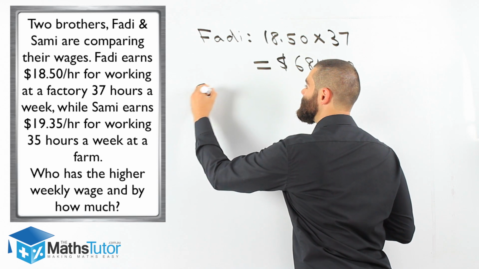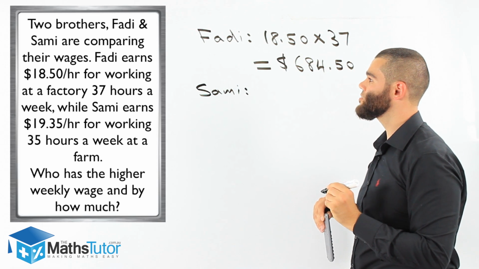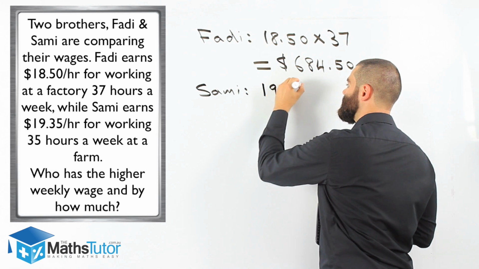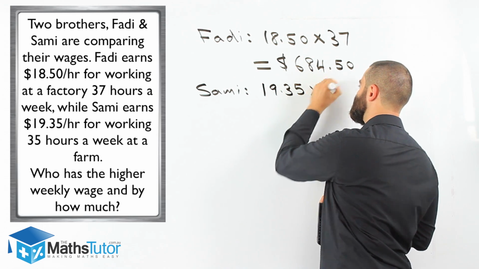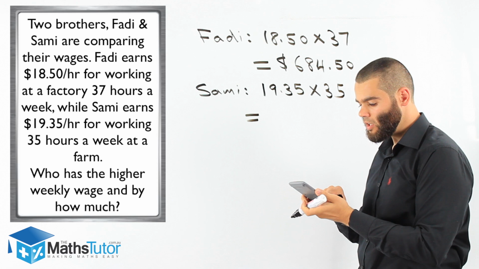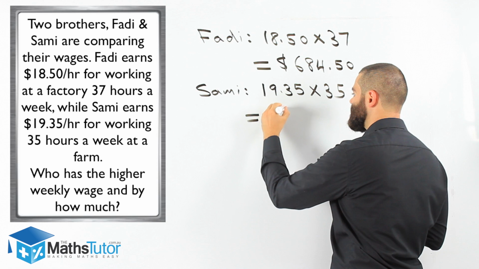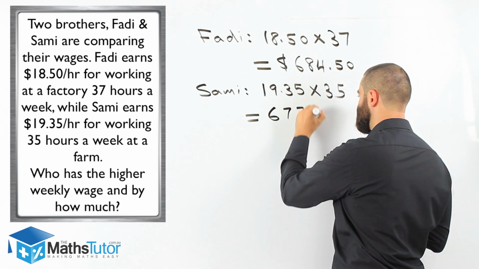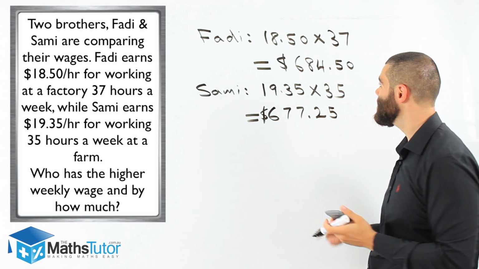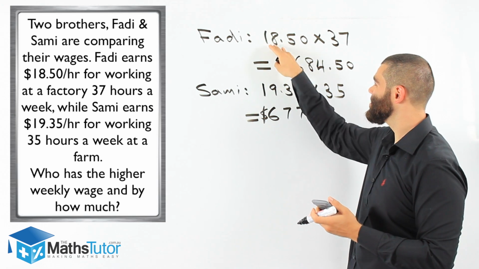Sammy. Okay, how much does he earn? He earns $19.35. And he works 35 hours every week. So once again, grab our calculator. $19.35 times 35 hours, $677.25. So we can see here straight away that although Sammy earns $19.35 an hour, which is more than his brother Fadi,